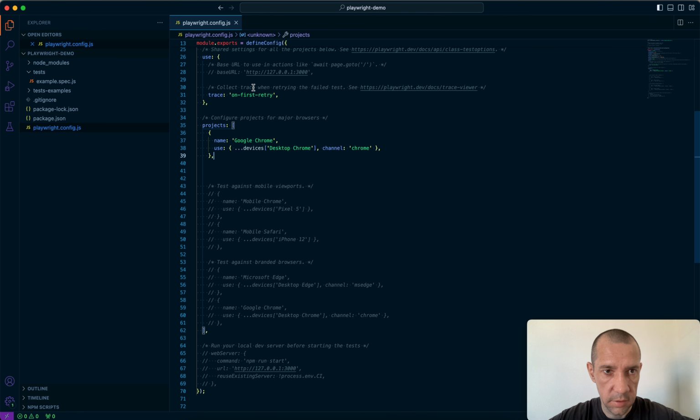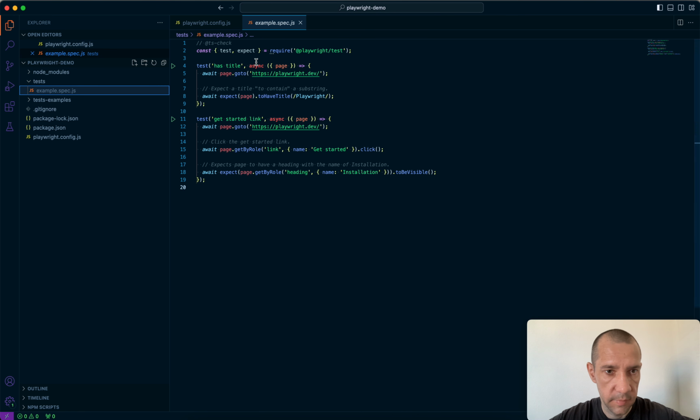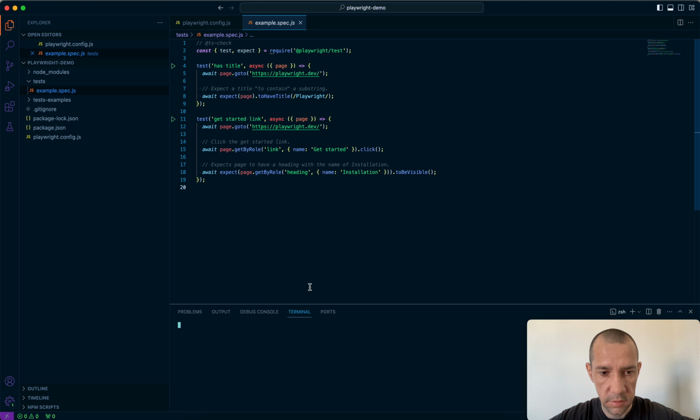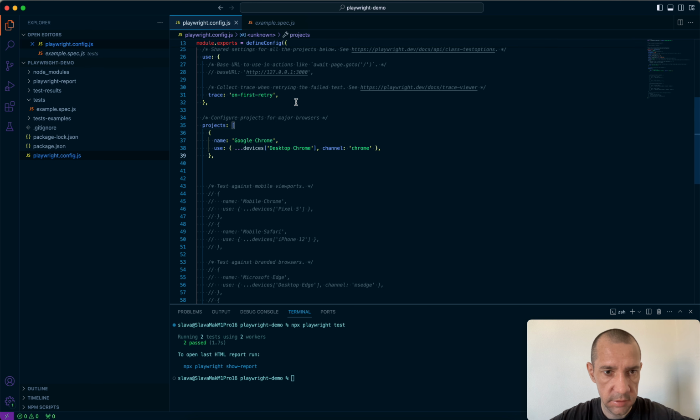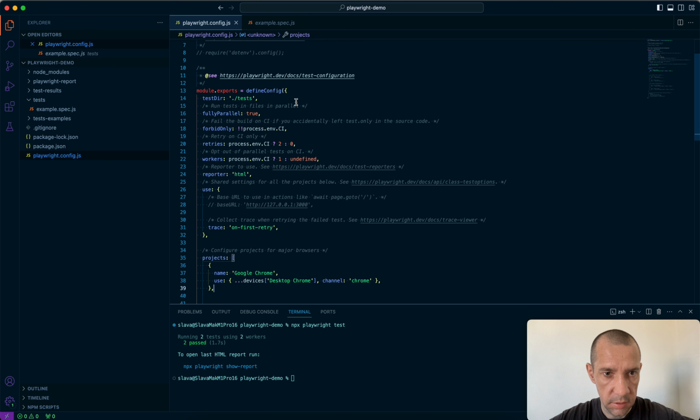Let's go to the editor. So these are a couple of examples from Playwright. Let's go to terminal, new terminal. Let's run it. So it says two tests, two workers, two passed. By default it's running them in headless mode. In order to see browsers, we need to say